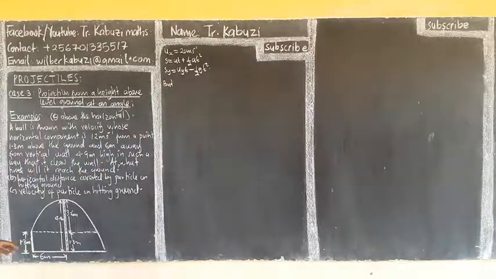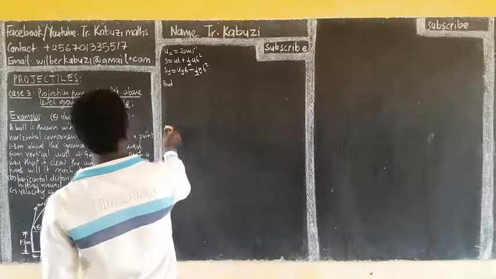Let us now consider only this. Here, they are giving us the horizontal component u. This is our u, meters per second, with an angle theta to the horizontal. So I want to know what is going to be the vertical component using this idea here. So, if I bring out that diagram there,